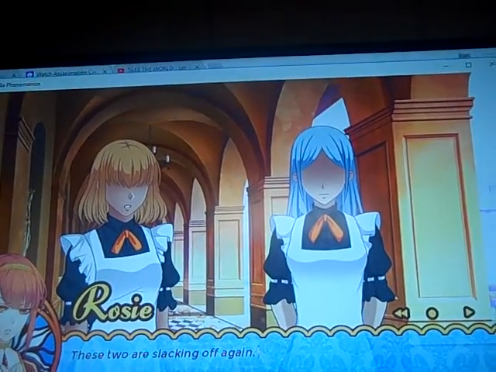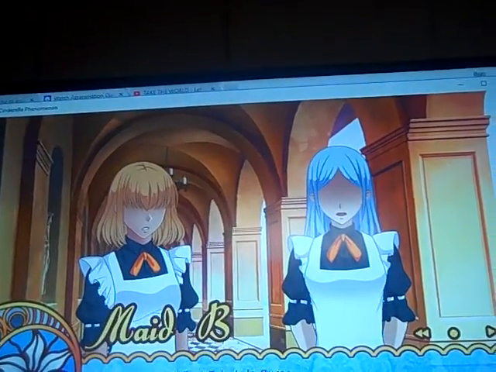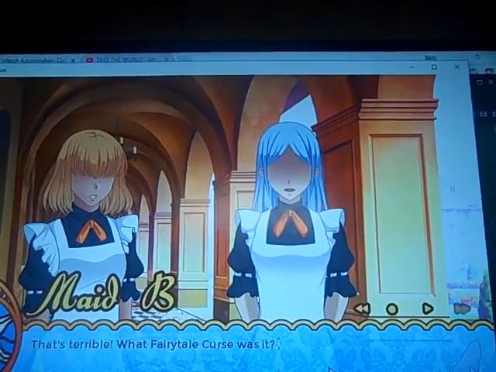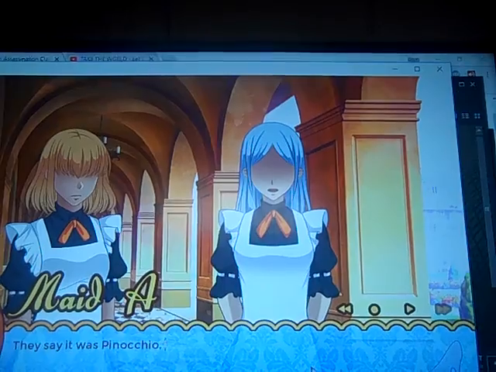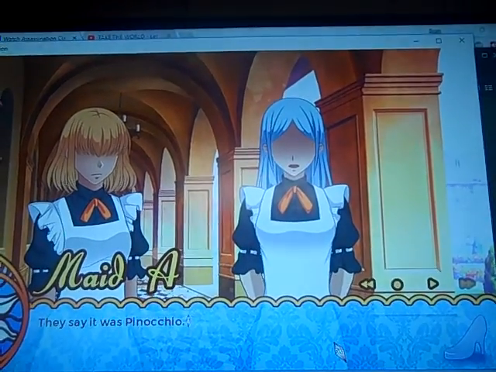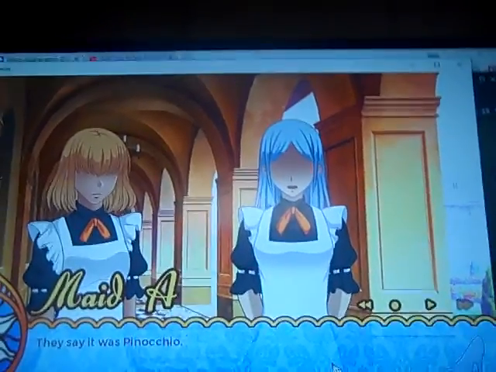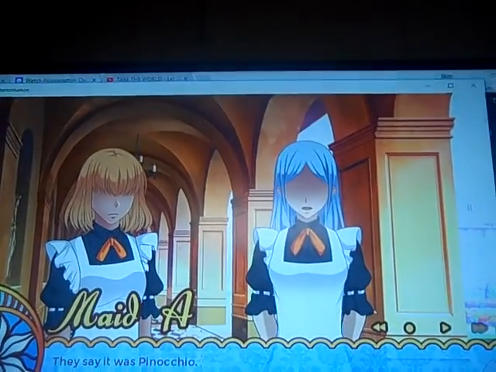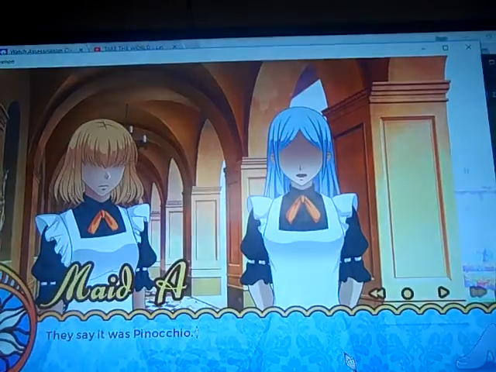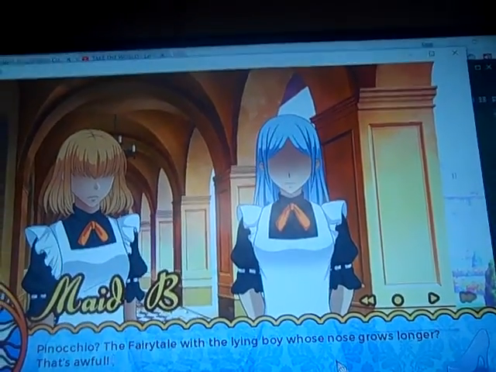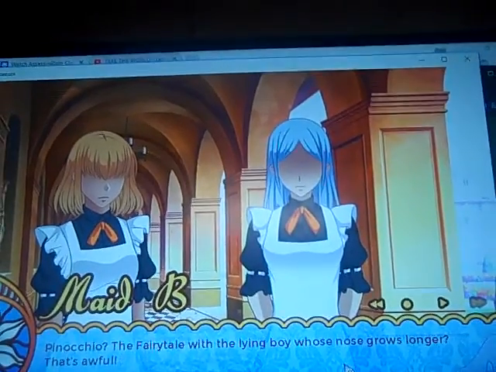These two are slacking off again. That's terrible. What fairy tale curse was it? They said it was Pinocchio. Pinocchio, the boy that became alive from wood. The fairy tale with the living boy whose nose grows longer?